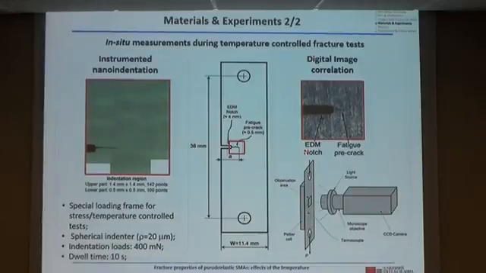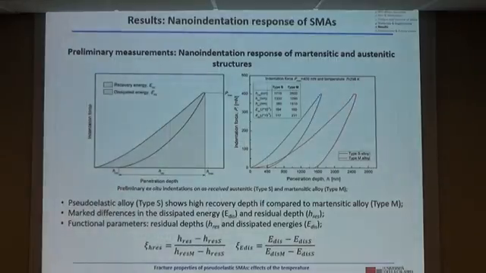This is to create a large process zone and to overcome possible problems arising from local measurement due to the heterogeneous structure of the material. Regarding digital image correlation, we used commercial software, the DIC software. And we used a proper objective to analyze the crack tip of the material. As you can see, this is the notch radius, and this is the fatigue crack we obtained from preliminary cracking.